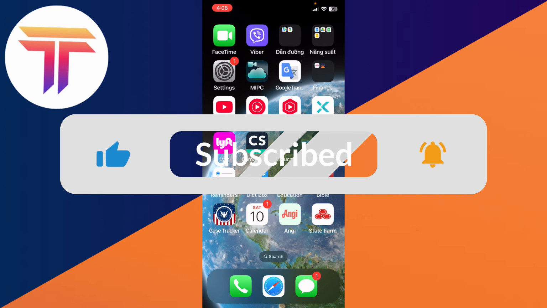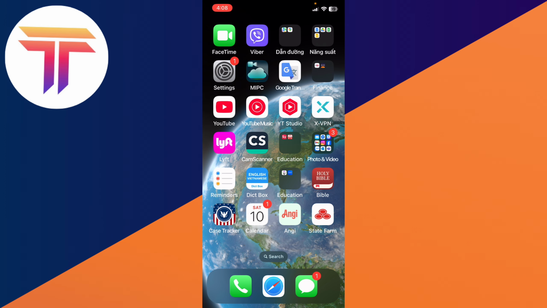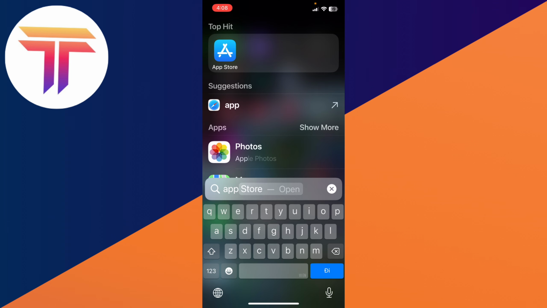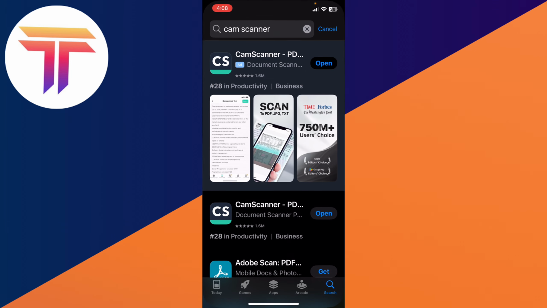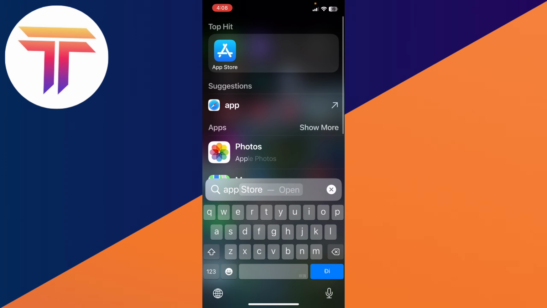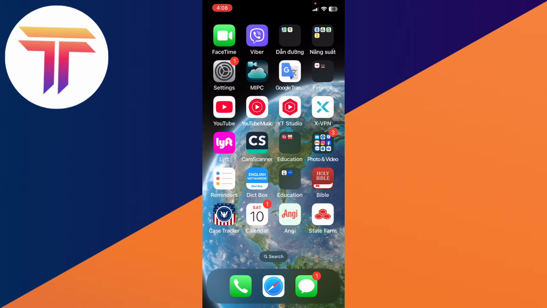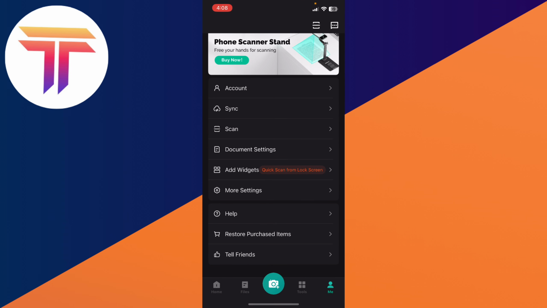So first you need to go to the CamScanner app. CamScanner is a very useful app. It has all the functionalities. If you don't have the app yet, I recommend that you go to App Store, search for CamScanner, have the app downloaded, and then once you have the app, you can click on the app to open it